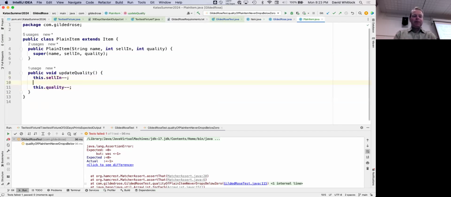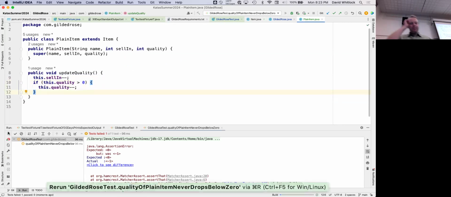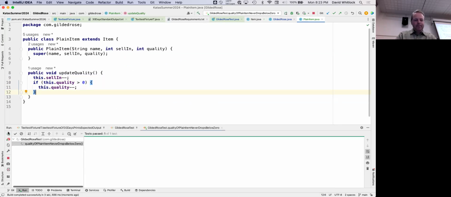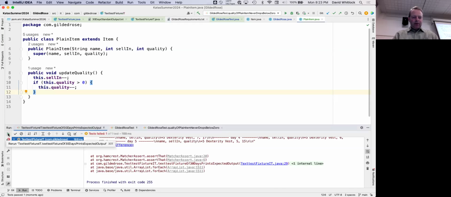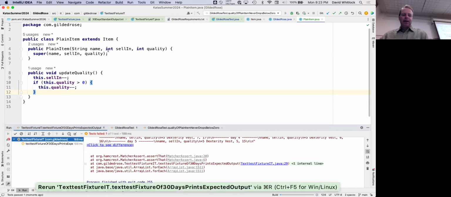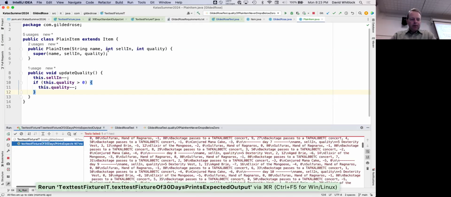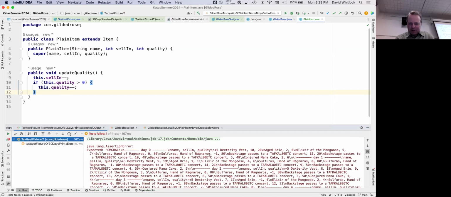I want to decrement it only if this.quality is greater than 0. Otherwise, if it's already at 0, don't bother decrementing it. And I'm going to run it again. Hey, that passed. So that gives me hope that when I run the 30 days of output one, now that there's a plain, oh darn, still failed, but perhaps for some other reason.